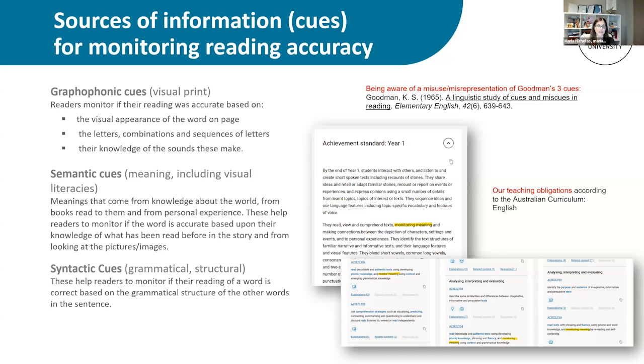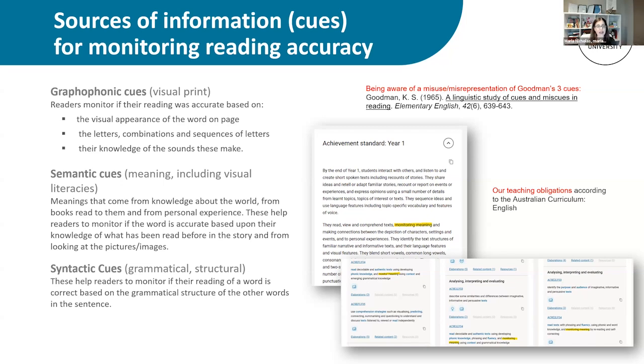The semantic cues is when they're reading with meaning. They know what the story is all about up to this point, up until they get to this word. They've looked at the picture and they've got a bit of an idea from the picture of what's happening in the story, and they completely guess what the next word is without even looking at the letters. That's using semantic cues. Completely wrong. It's not what the word is, but it makes sense in the context of what they've been reading. So they're using semantic cues to try and work out what the word might be.